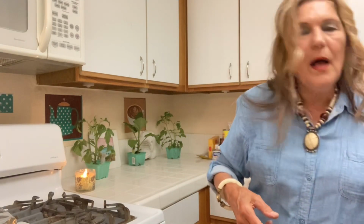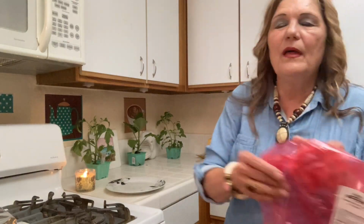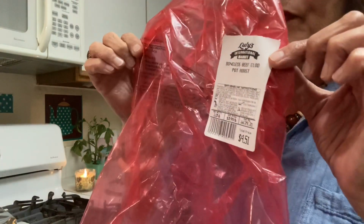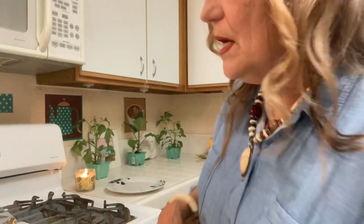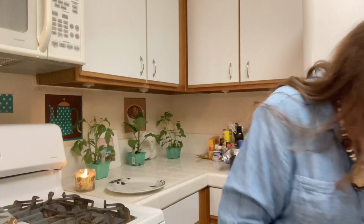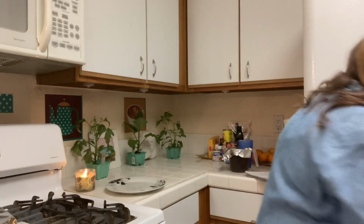Okay, so now first thing is, what am I having for dinner? Well, I bought my son these roasts about 2 days ago, and he barbecued them and they look so good. So today I bought one, a little one. I got this small roast for $4.51. And so then I cut it in 3 pieces because if you guys have been following me,